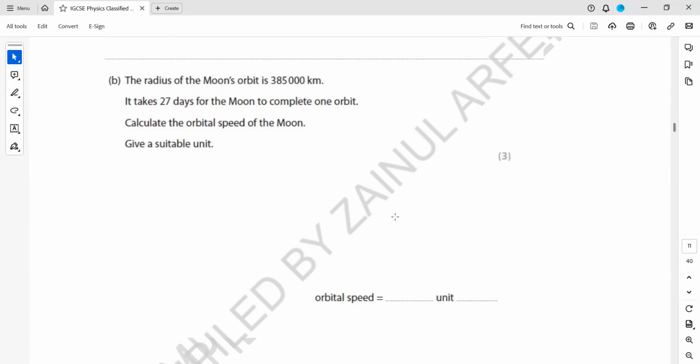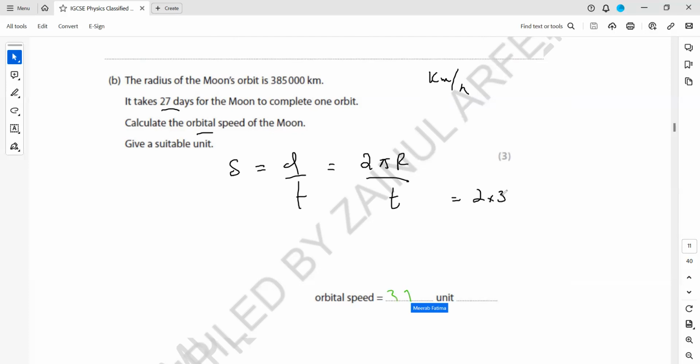Calculate the orbital speed. We can find the orbital speed in kilometers per hour, or days are there, so we need a suitable unit for the orbital speed. We have the formula: speed is distance divided by time. Whenever an object moves in a circular path, distance is 2 pi r and the time is t. So it will be 2 times 3.14 times the radius of the orbit, 385,000 kilometers. And the time it is taking is 27 days, but we convert it into hours. So we multiply by